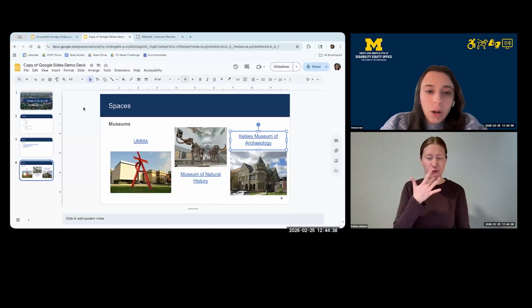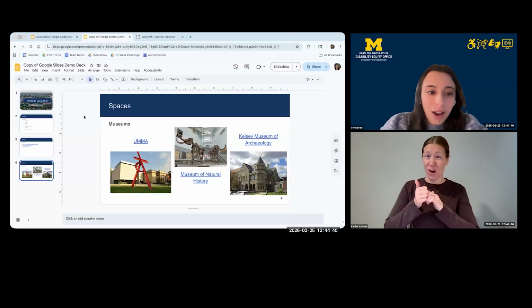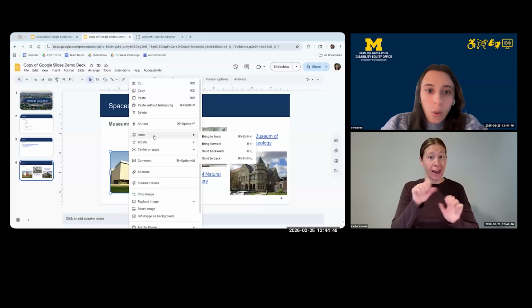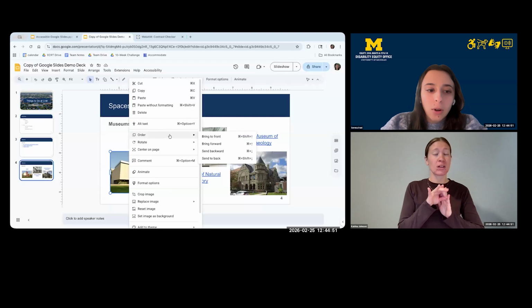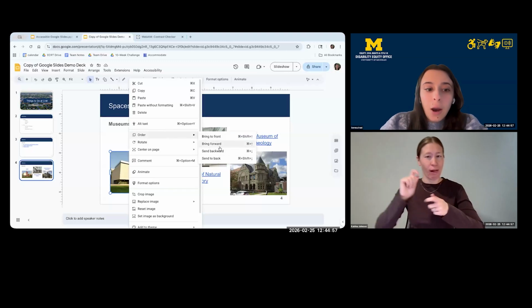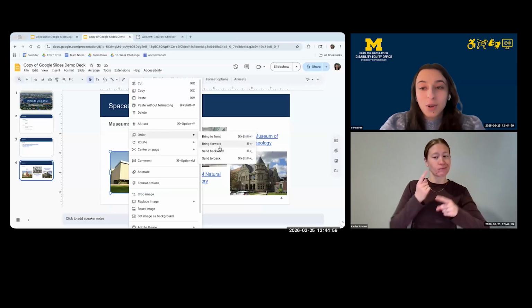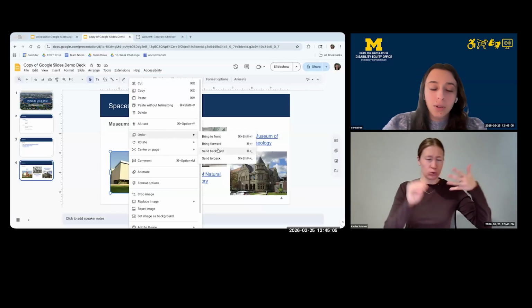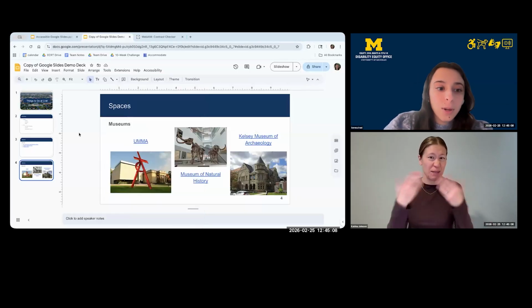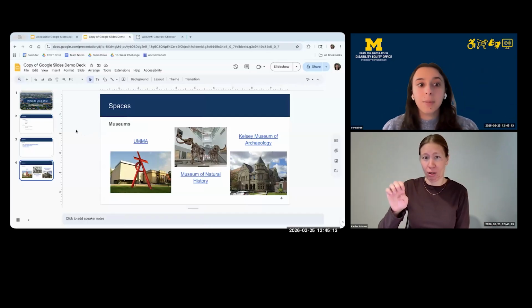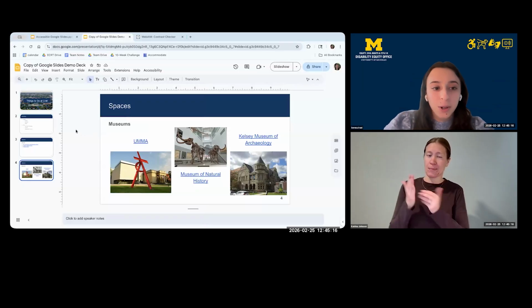So to fix the reading order in Google Slides, it is kind of hard. You can right click any object and choose order to bring items forwards or backwards in the layering order. And this will adjust your reading order correctly. However, it gets pretty difficult to keep track of what order things are in, especially if you have a slide with a lot of different objects. So this is where our extension tool, Grackle Slides, really comes in handy. It makes it so much easier to adjust reading order.